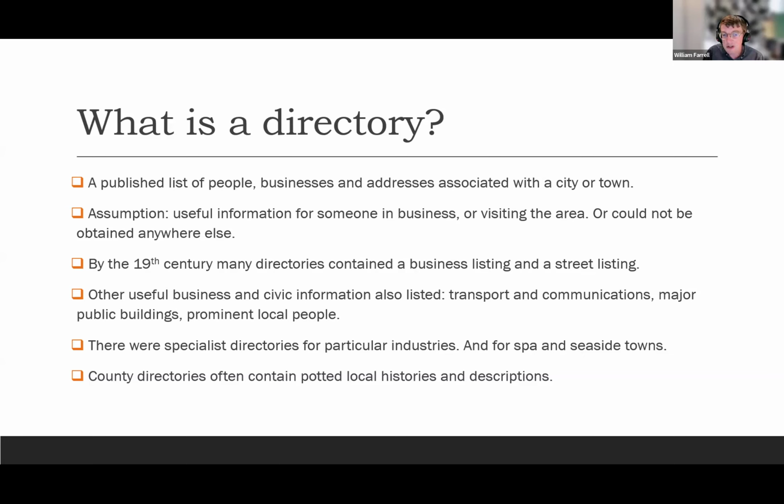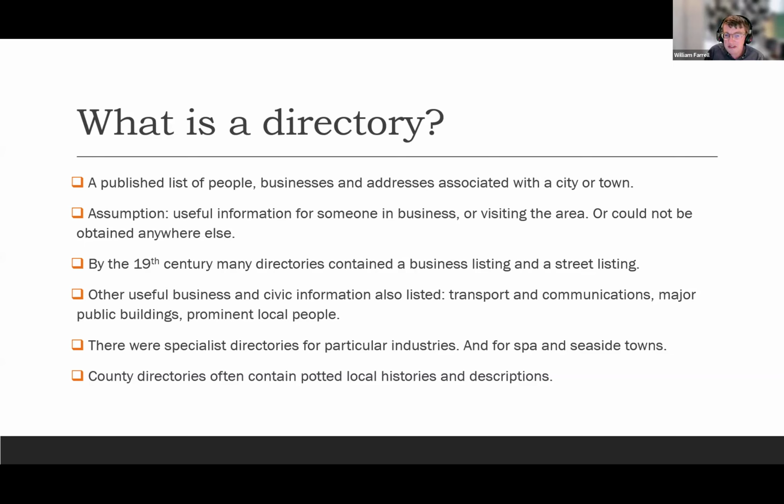One consequence of that is the 19th century directories became very large, and anyone who has used particularly the Post Office Directory for London in the Victorian and Edwardian period, whether you've used the print copy or an online copy, will know that they became vast. The Post Office Directory for London by 1910 was split into 6 or 7 volumes, all of 900 to 1,000 pages, because it becomes so big.